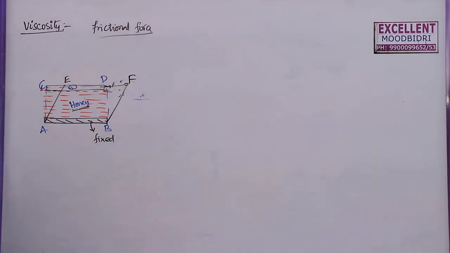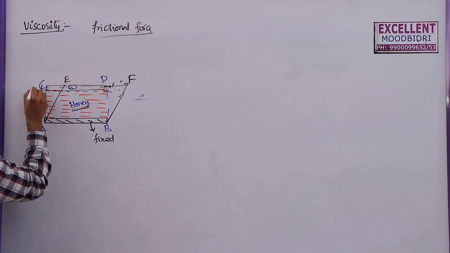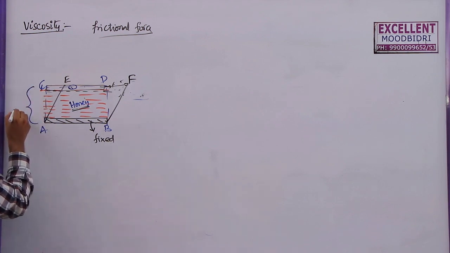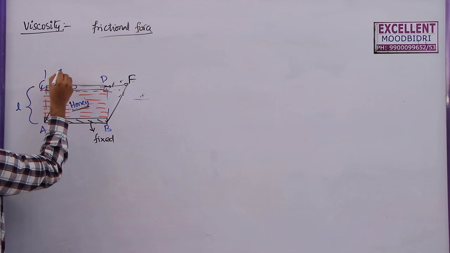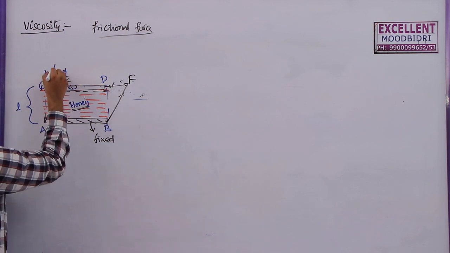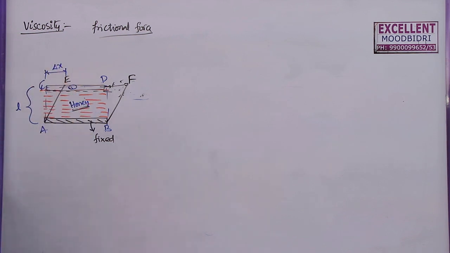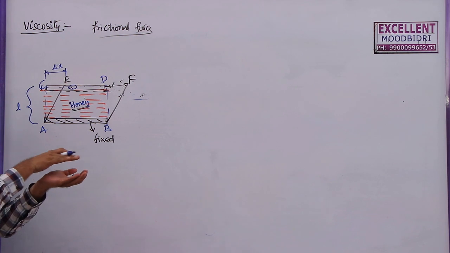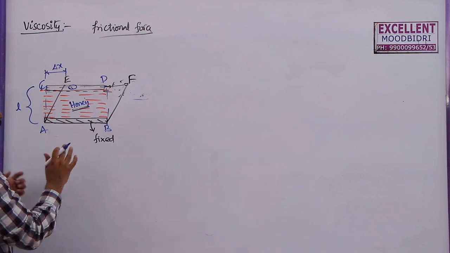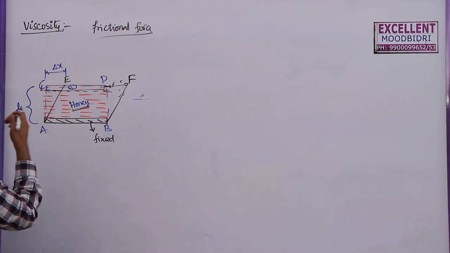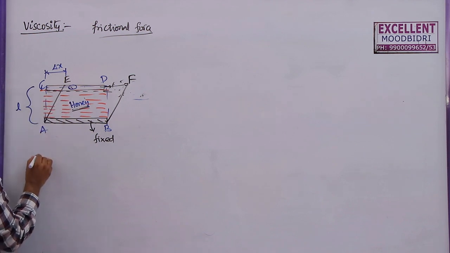Now in this case, you can see the height of this liquid column is L, and the change in the position of this point, let us say along the x-axis, is delta x. In solids also we discussed this. If you keep a book and apply tangential force on the upper surface, the book pages will change in this pattern. So this is called a tangential or shear strain.